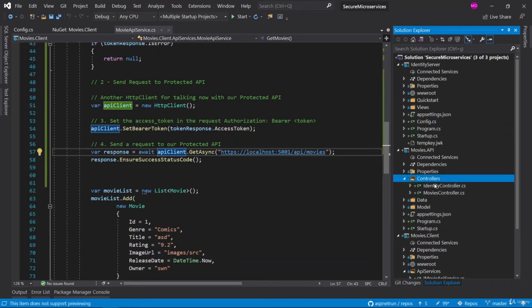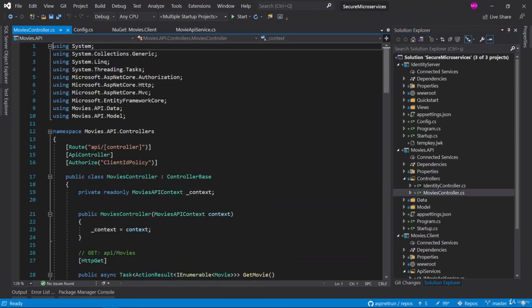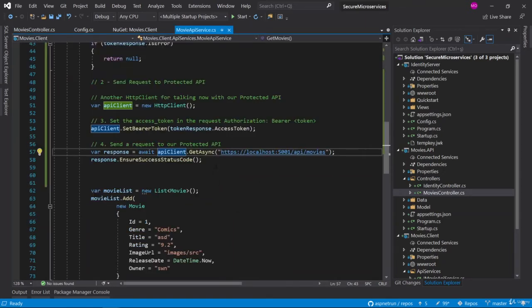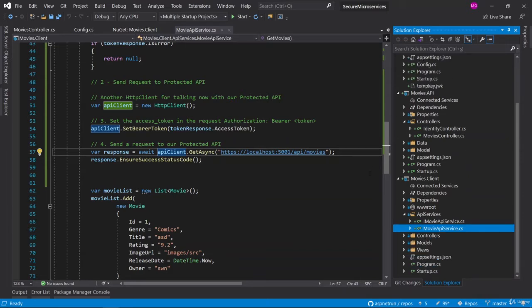You can verify that in the controller class, the authorized controller class, api/controller name, which means movies. So let me come back to our Movies API project, and not forget about it. Now we are in the MVC application and the API services. We are going to consume our protected APIs. So we verify the URL of this API client.